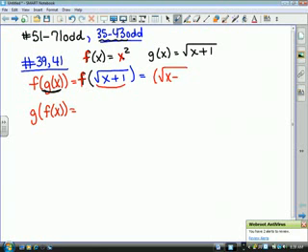So you substitute that in, and you're going to square it. And what happens when you square a square root? It's just x plus 1. Okay, so here is the part that's tricky on this. If I asked you to find the domain of this, I would hope by now that you would understand that,